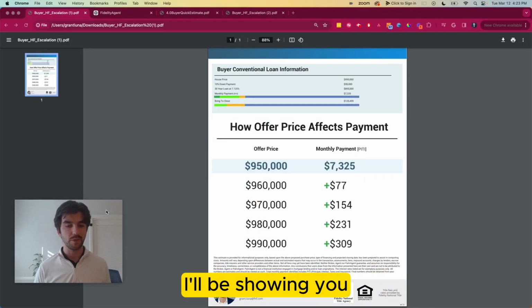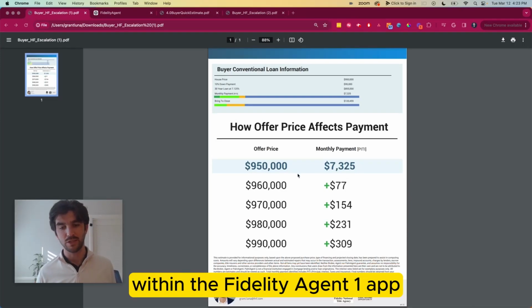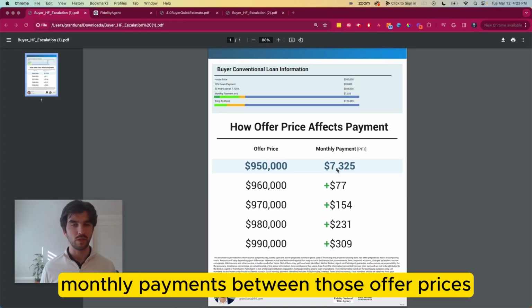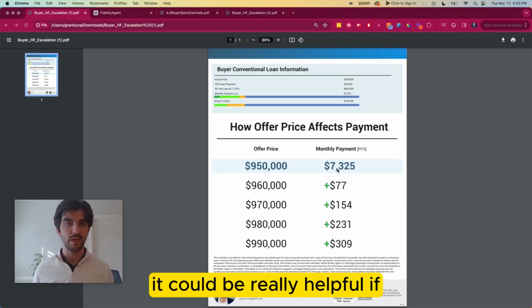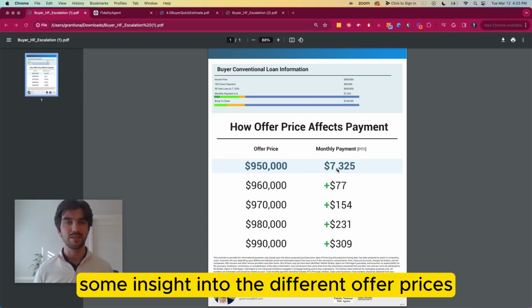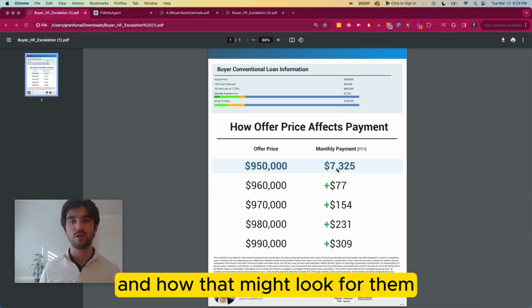And in this video, I'll be showing you how to create a flyer that looks something like this within the Fidelity Agent One app. It'll give a range of offer prices and the difference in monthly payments between those offer prices. It could be really helpful if you're working with a buyer in trying to give them some insight into the different offer prices that they might be writing down on a contract and how that might look for them